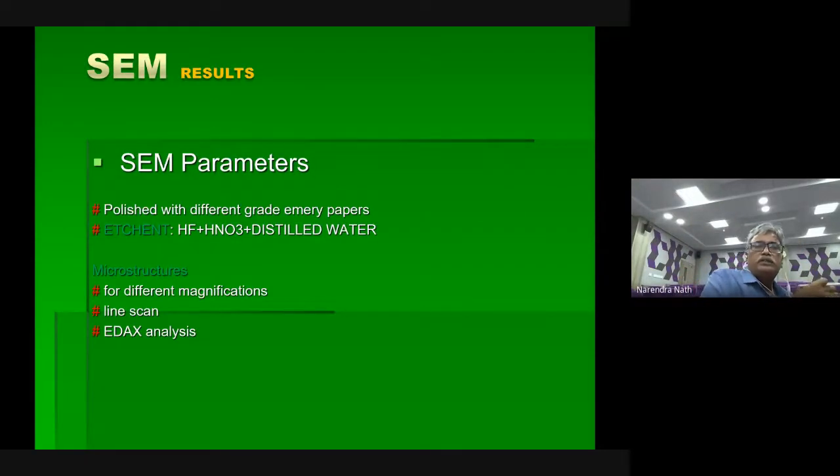And SEM results. Here, very clear, no need to explain. So you have to have some kind of agent. For us, this is the agent. It is not general. And what you want to see, that one should know. When you are going for XRD, scanning electron microscopy, you should have a sketch for different magnifications.